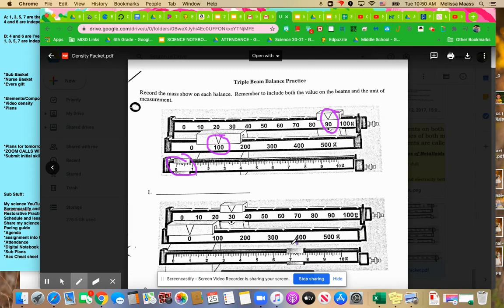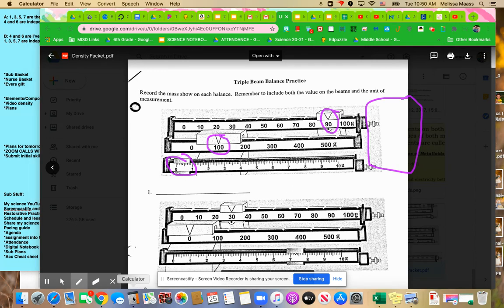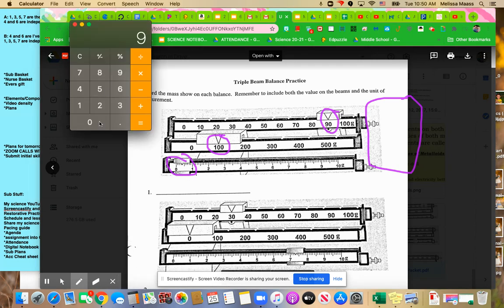So you can do the math off to the side here and add everything together. Or you can go ahead and use a calculator and type in 90 plus 100 plus 0.4 equals 190.4. And you'd write 190.4,